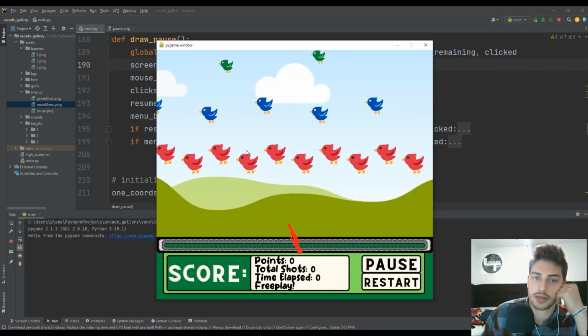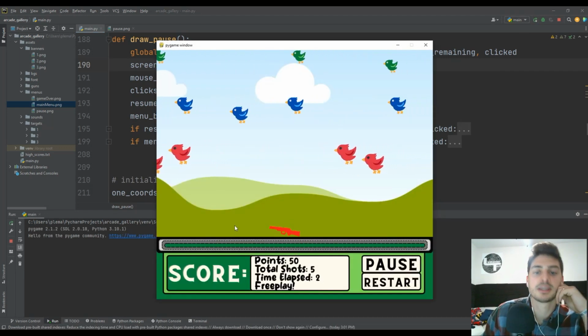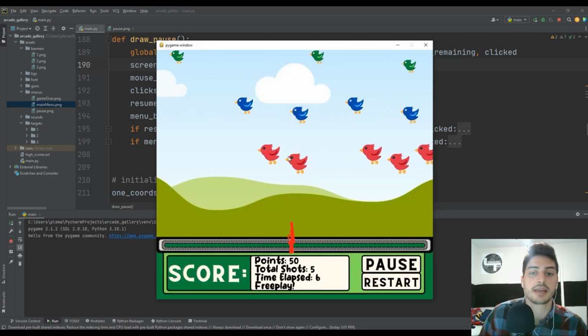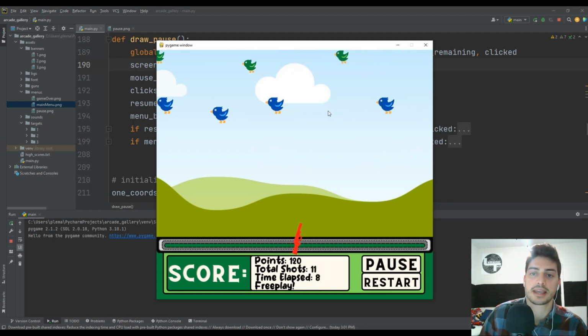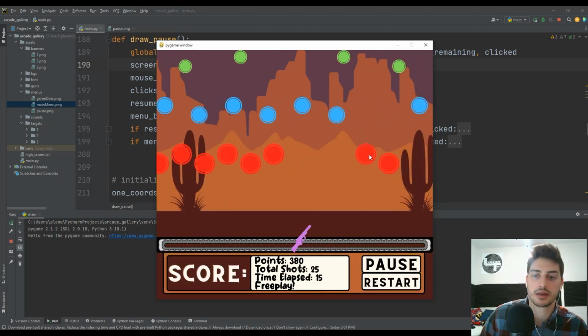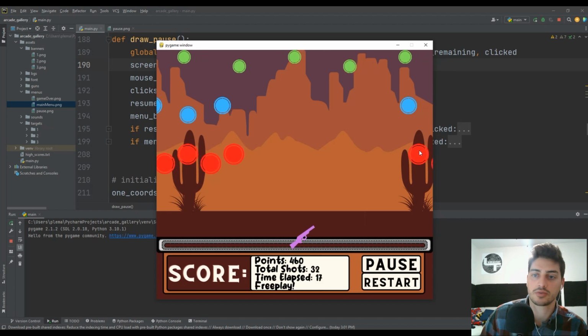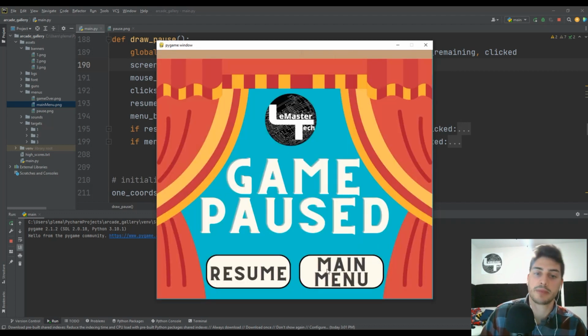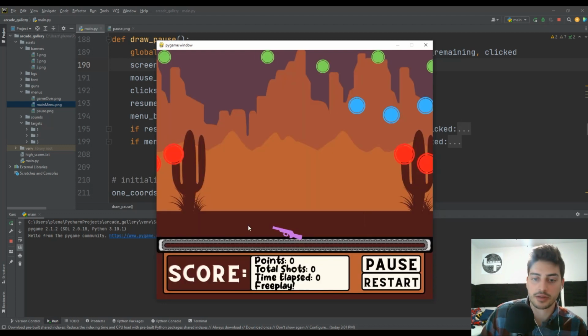So let's play free play real quick, shoot like 4 birds, and you'll see time elapsed is 4 when I hit pause. I'm going to give it a few seconds, so it should definitely be increasing from 4 if our counter wasn't paused. And you can see it still says time elapsed is, well, 5 as soon as I load it back in. But our counter resumed, and then my shots started going back up based on just shooting more targets, and my points stayed the same. But now if I hit pause and I go to main menu and then I go back to free play,